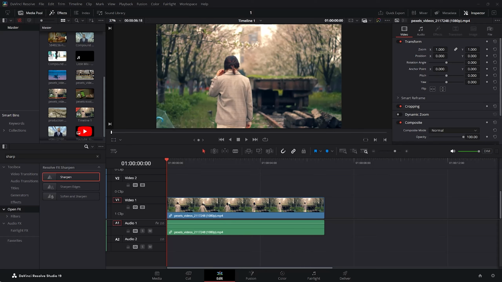In today's video, I'll show you how you can motion track your subject or object in DaVinci Resolve. So let's get started. First of all, you want to go here into the Fusion tab right here, and then